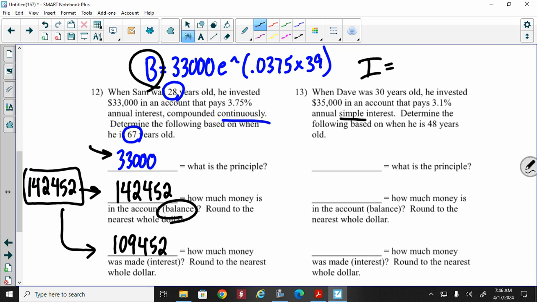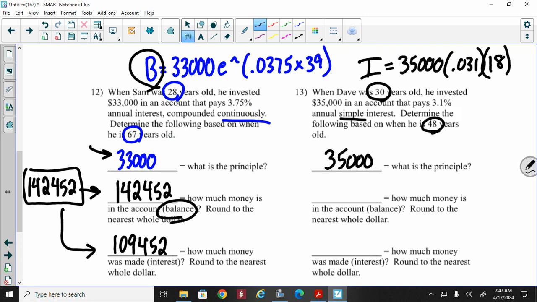That's the I formula. 35,000, parenthesis, 0.031 by 30 years, or 30 years, 48 years. That's times it by 18. So again, what is the principal? 35,000. That's what we started with. All right, so 35,000 times 0.013 times 18. And my calculator gives me